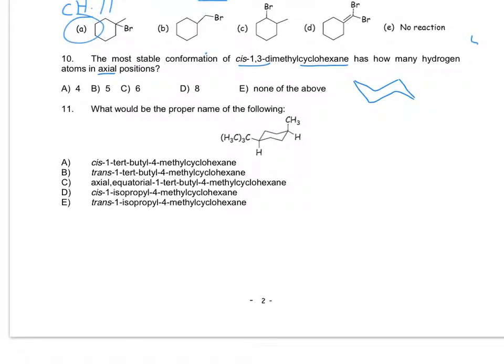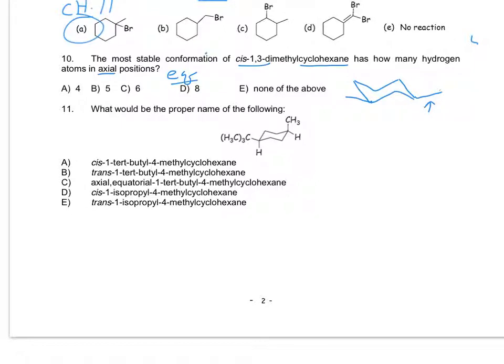And we know that to get the most stable, we want equatorial positions for as many of our substituents as possible. So I'm going to start with an equatorial position here. Try that again. Sometimes it takes. So there's my equatorial position. And then if I go over to the 3rd carbon, here's where I'm going to start my other one. Cis means it's in the same direction. So this is equatorial and up. I want another equatorial and up. So there's my